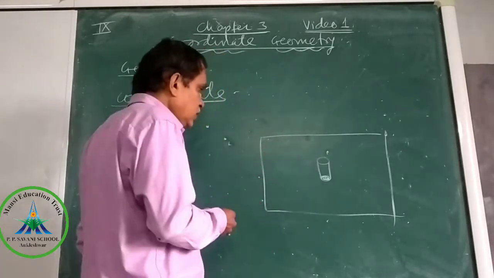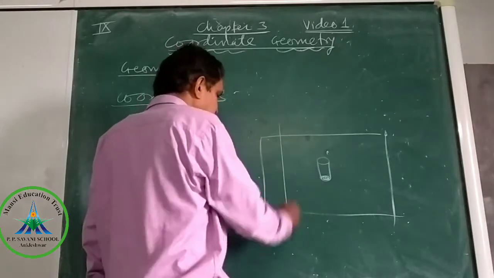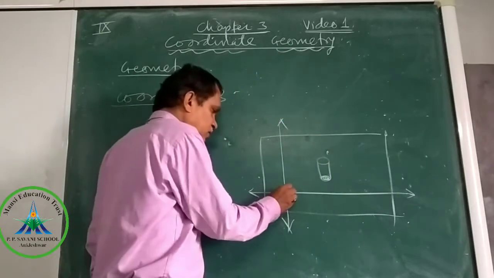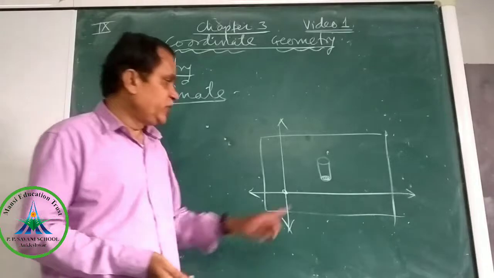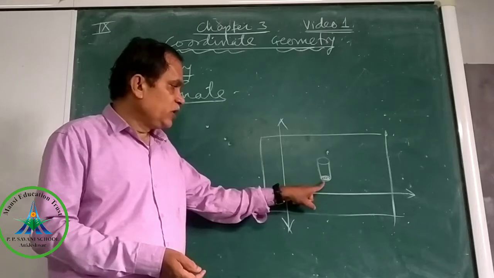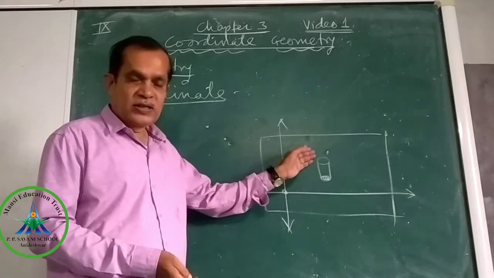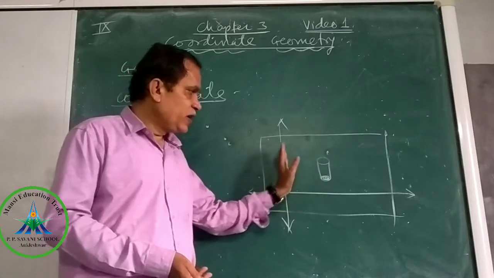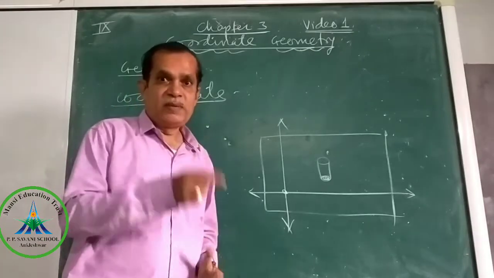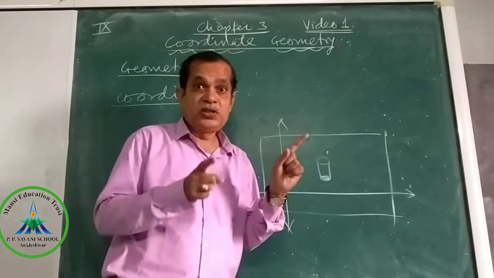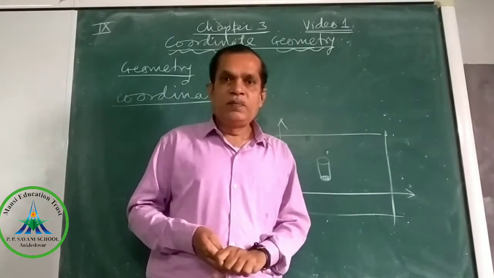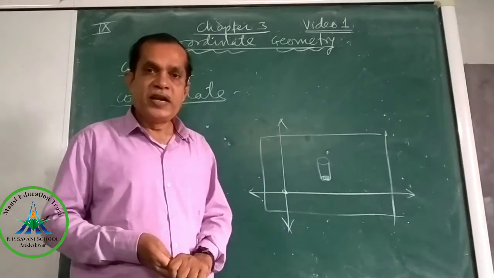If we draw two perpendicular lines meeting at a point, so that the object is in between both lines. See now, this bottle is lying above this horizontal line and on the right side of the vertical line. Understand? So we are going to understand how this coordinate concept was generated. The great French mathematician gave the idea.